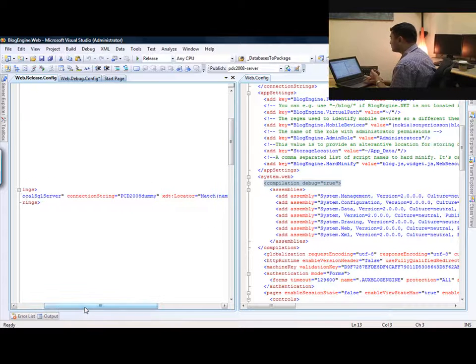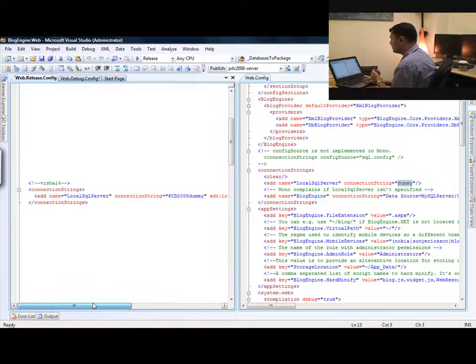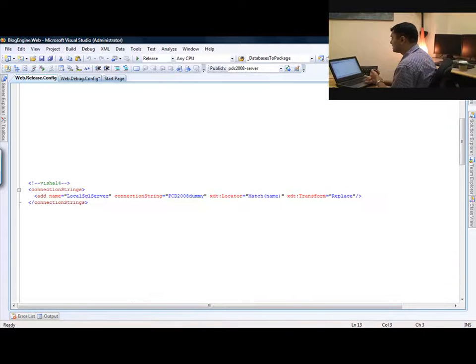And again, closing this back again over here. Right now, if you notice that I have got a connection string called local server over here, and the value of it is dummy, right? What I want to do, in essence, over here is to take the connection string local server and change its connection string value to say